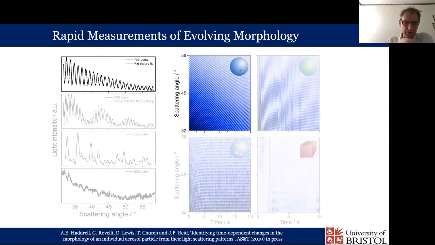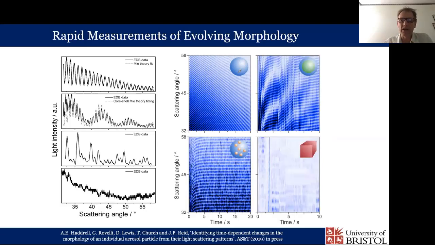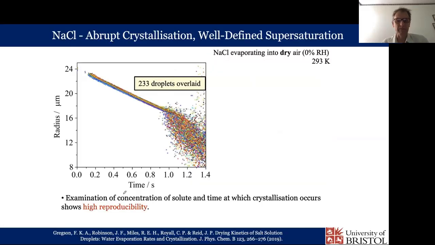But what Jonathan's group has been doing recently is looking at what signals you get for different types of droplets. So core shell droplets, included droplets. Actually, if you go to a particle, you generate some opacity and you lose the sphericity, then we lose the ability to get a size, and we get this type of signal here. And what we can do is use that to find out when we're getting crystallization within a drying drop of